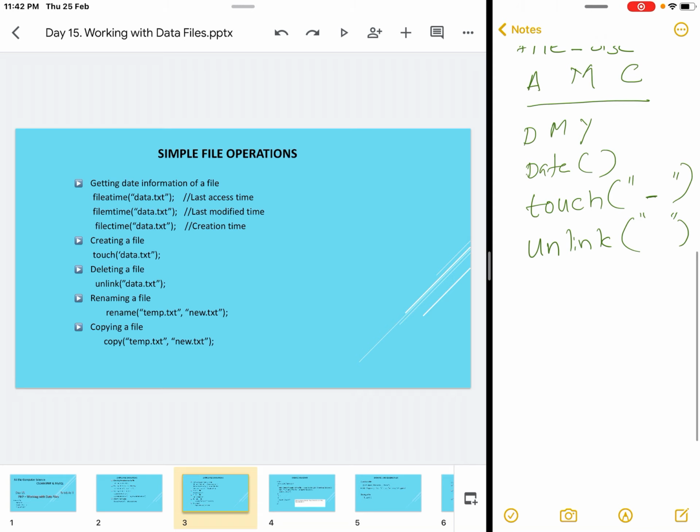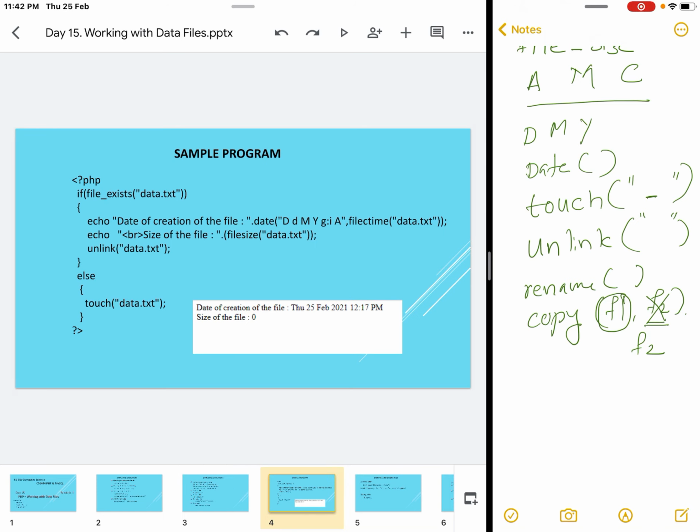In the same way, files can be renamed and copied by the methods rename and copy. Copy copies an existing file F1 to a new file F2. If F2 is already an existing file, it will be removed from the folder and the content of F1 will be copied as the newly created file F2.